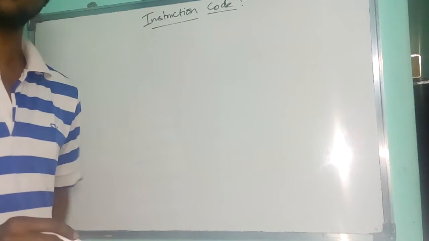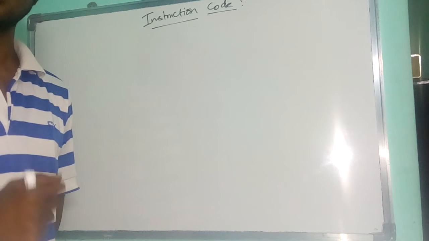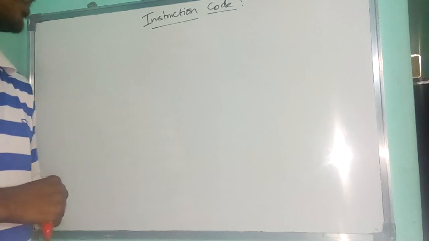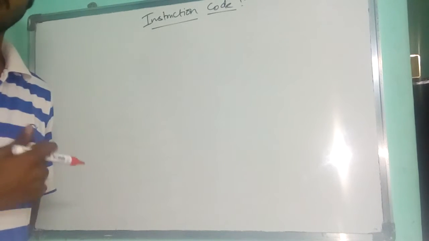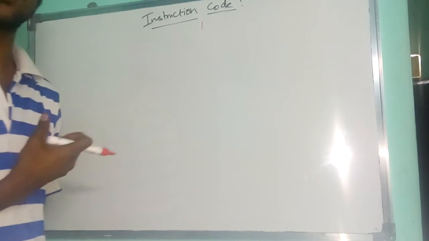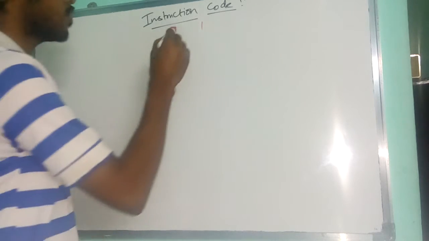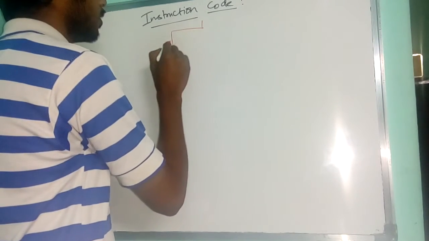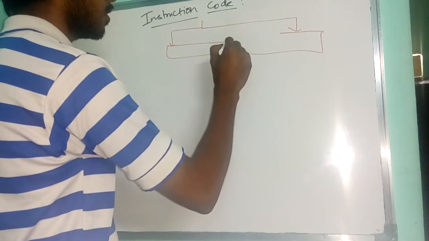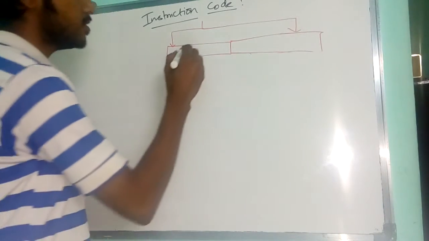Basically, an instruction code is a group of bits. It is a set of bits that performs a certain operation on a given instruction. Now every instruction code is divided into parts. In this chapter, we are going to learn about two basic parts of an instruction code. The main important one is